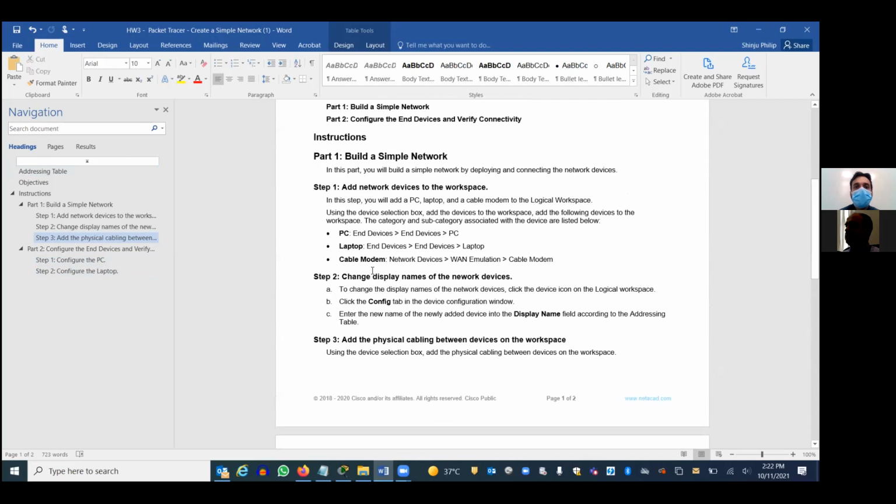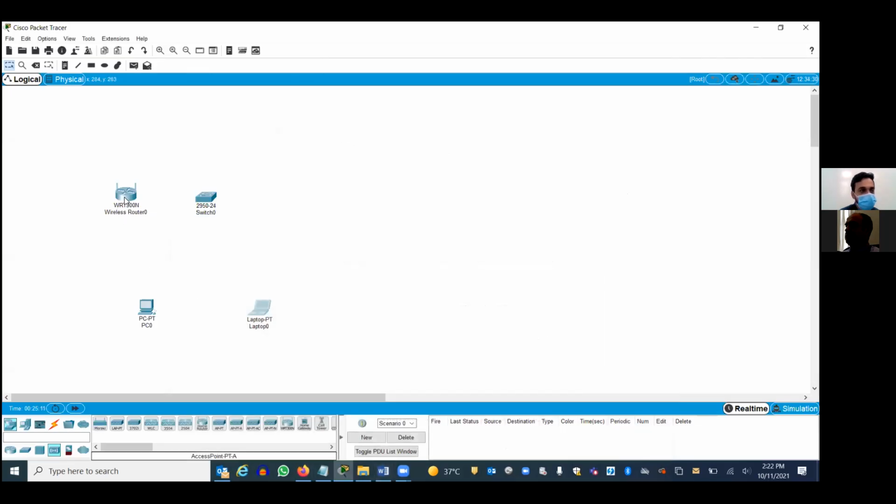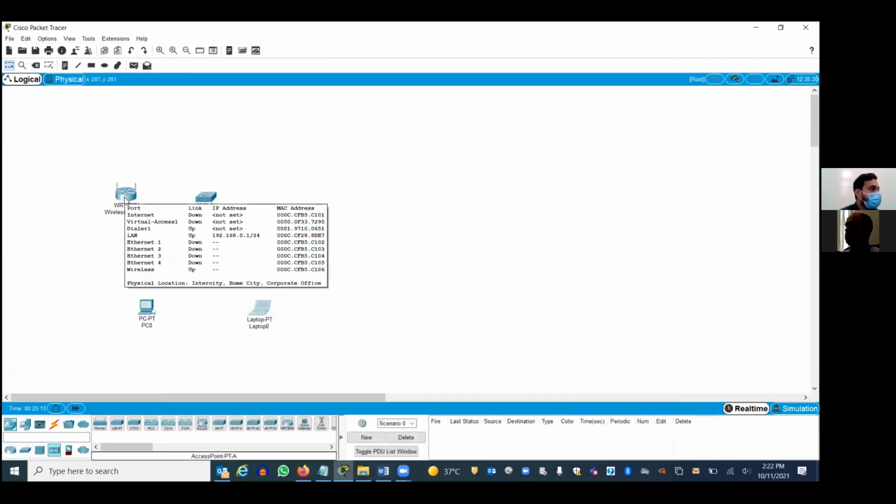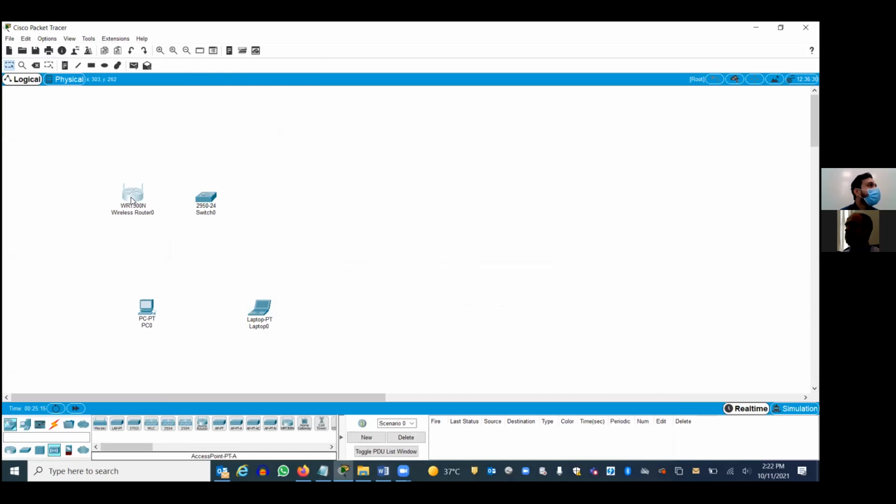So we are using, instead of a modem, a wireless router, right? Okay. So nowadays you can't find a plain modem, right? We have a PPPoE router, right? Okay, so how do you connect?